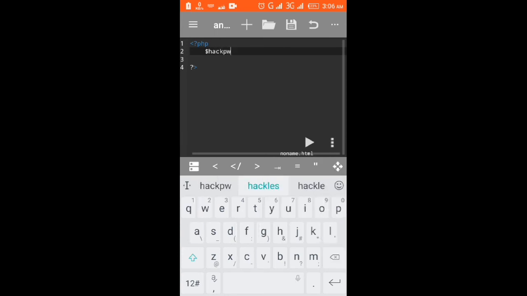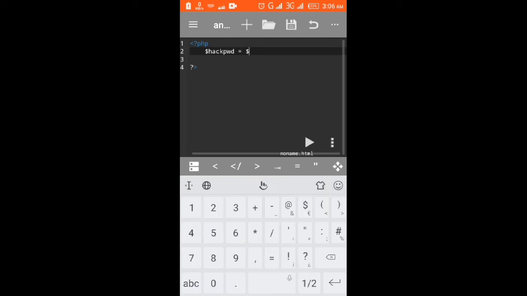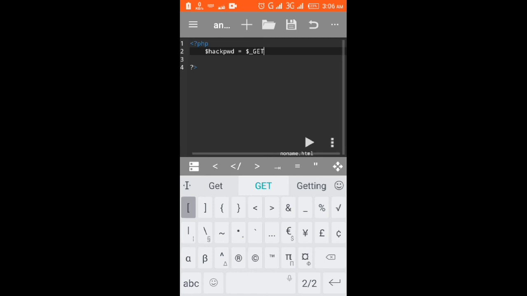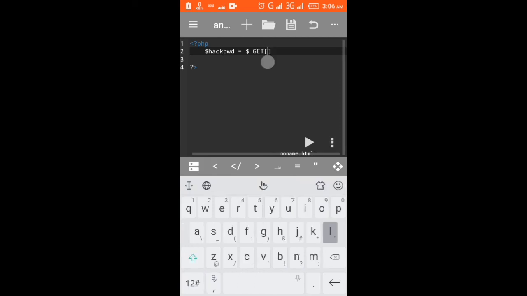So arc password is equal to get taking password, that is, get the information from the link, get taking password. So I have to close it and then come down and then echo the arc password,